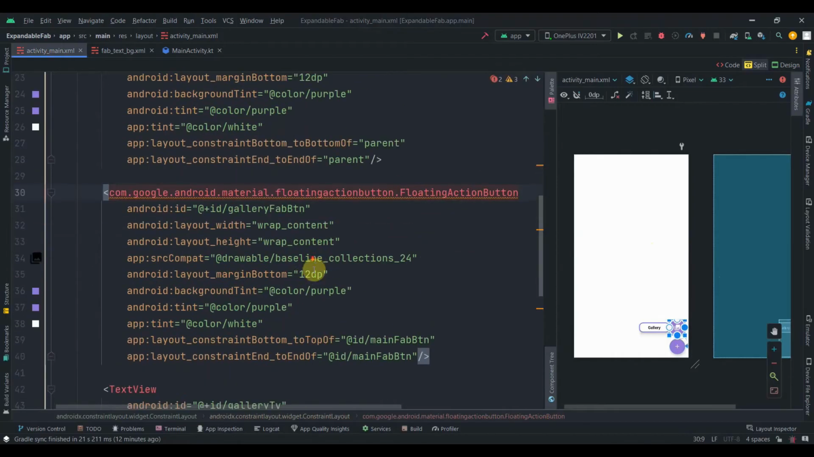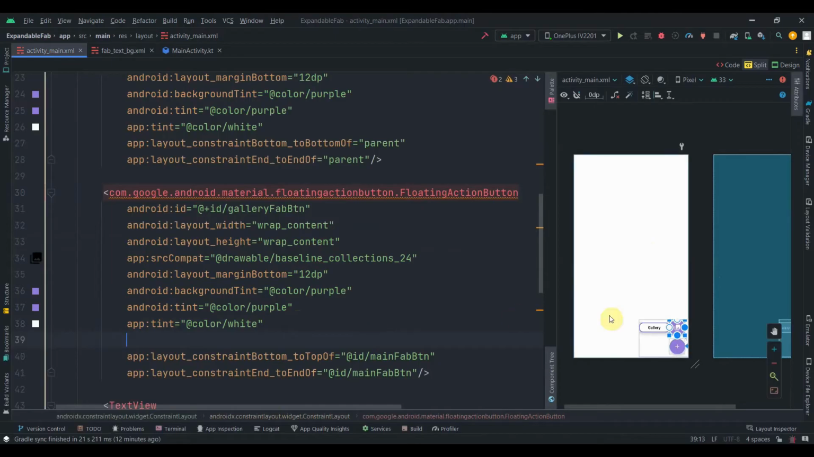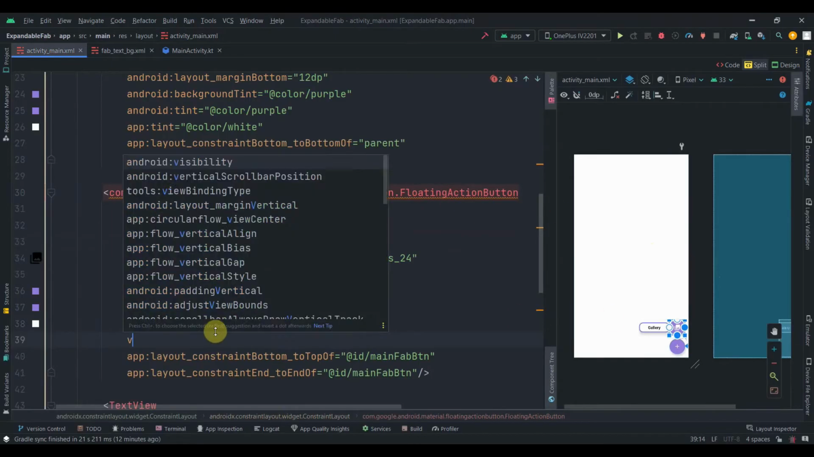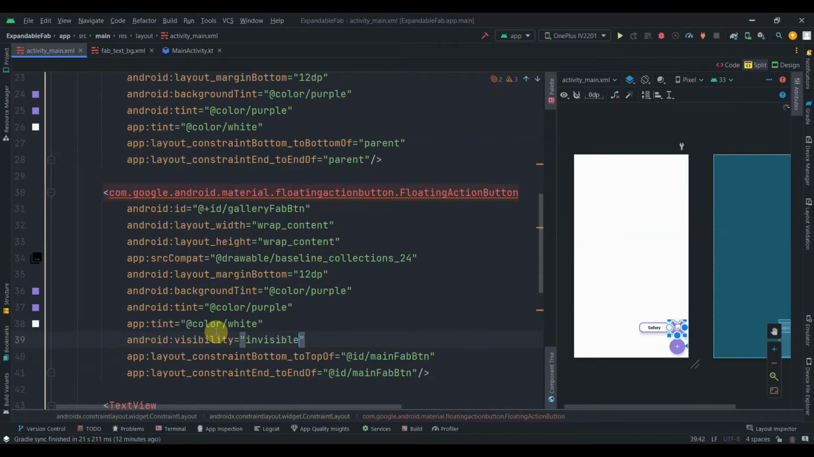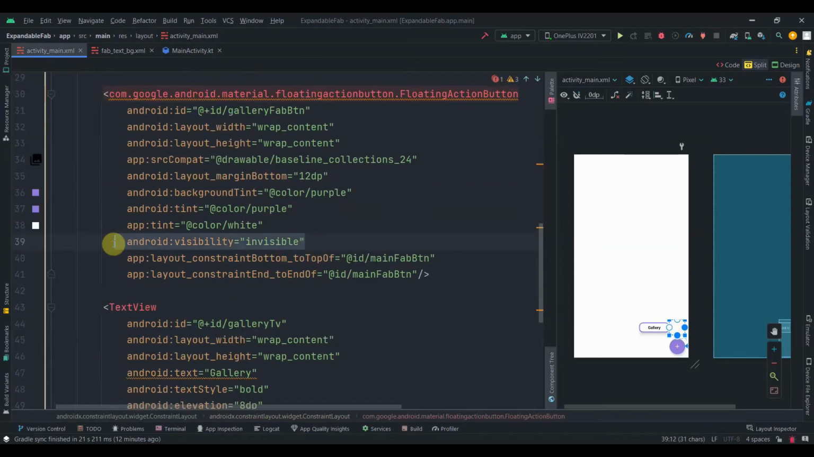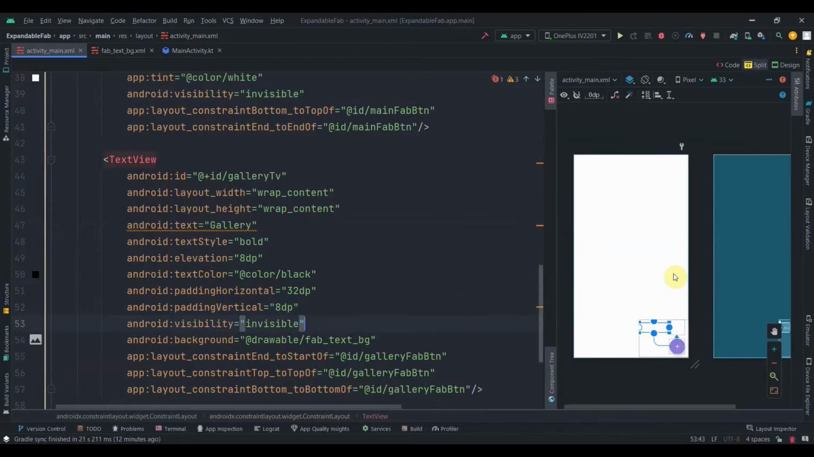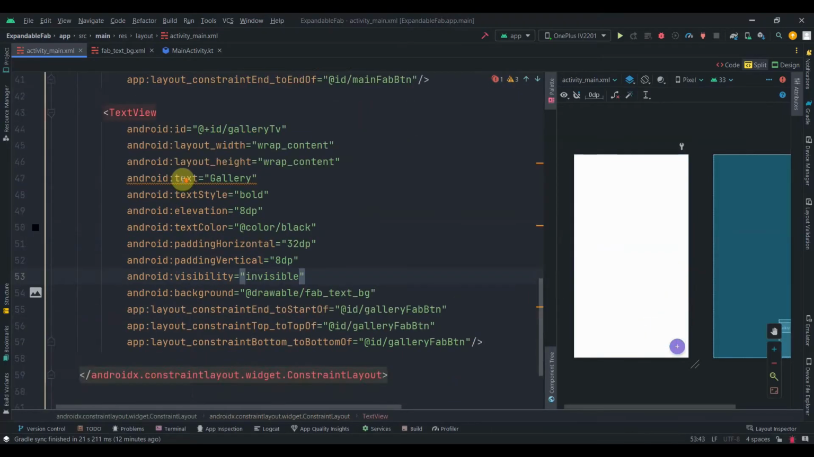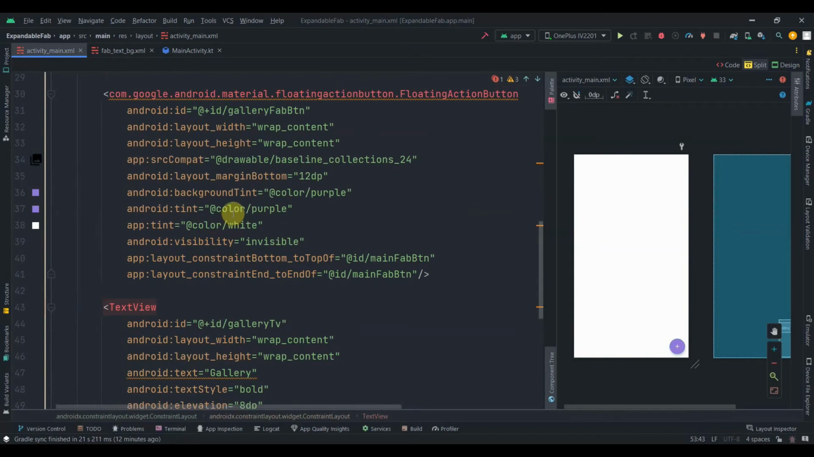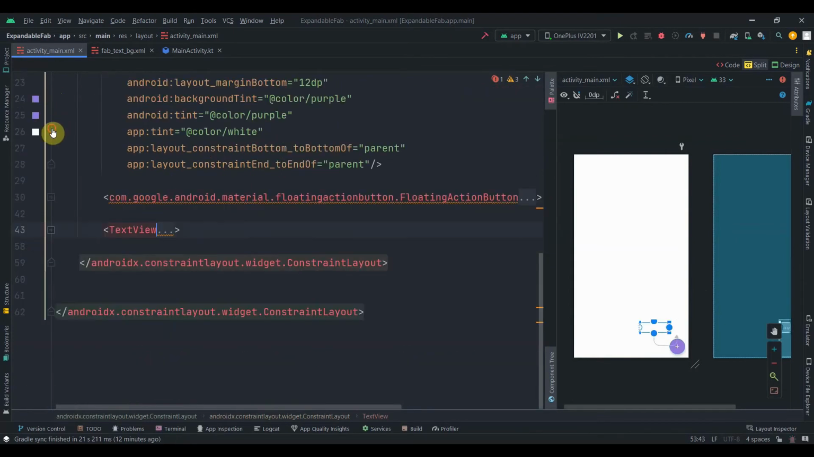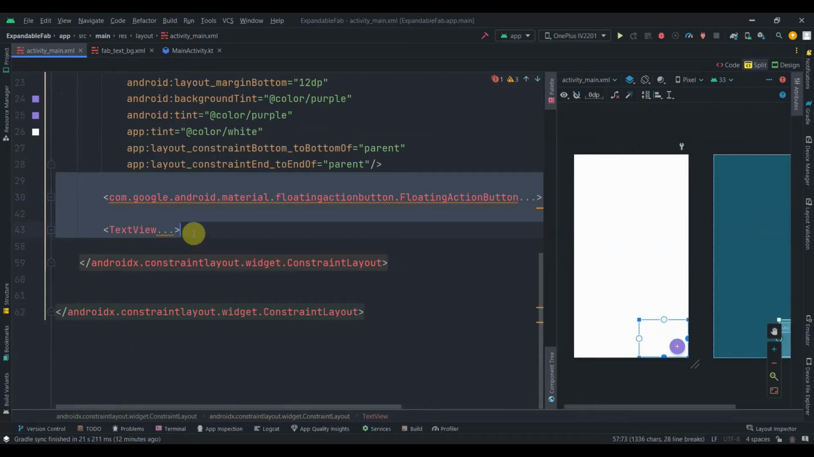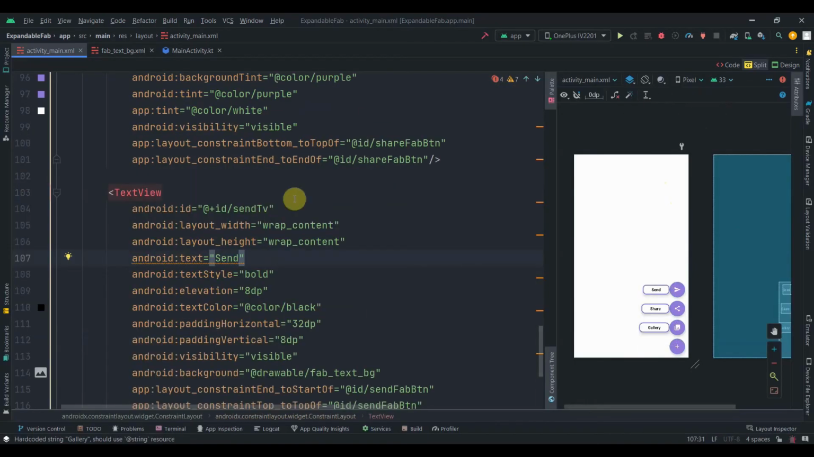Now what we need to do, we need to make this invisible. So I'll make this floating action button gallery visible to invisible, and I'll add the same property to this as well. Cool, so now I'll pause the video and I will add rest of the two options. So I'll just copy this two and I'll change the IDs and all that. So alright, everything is done, and as you can see, we have send, we have share, and we have gallery